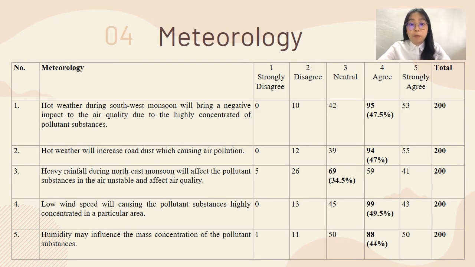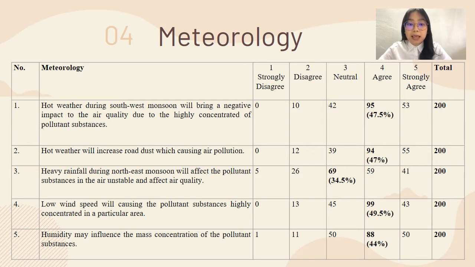While for the result of meteorology, a majority, which is 49.5% of the respondents, agree with statement 4, which is low wind speed will cause the pollutant substances to be highly concentrated in a particular area. Based on recent studies, meteorological conditions such as wind speed and wind direction were found to influence the concentration of pollutant substances at the urban roadside level. This is because a low wind speed is unable to blow away the pollutant substances in a particular area, especially